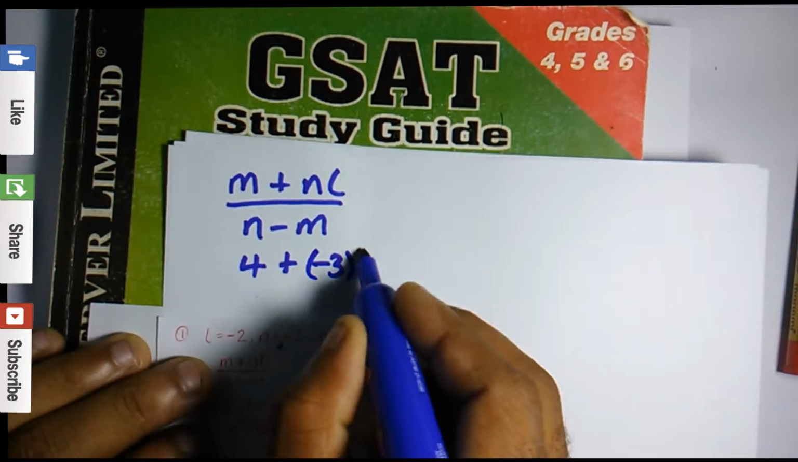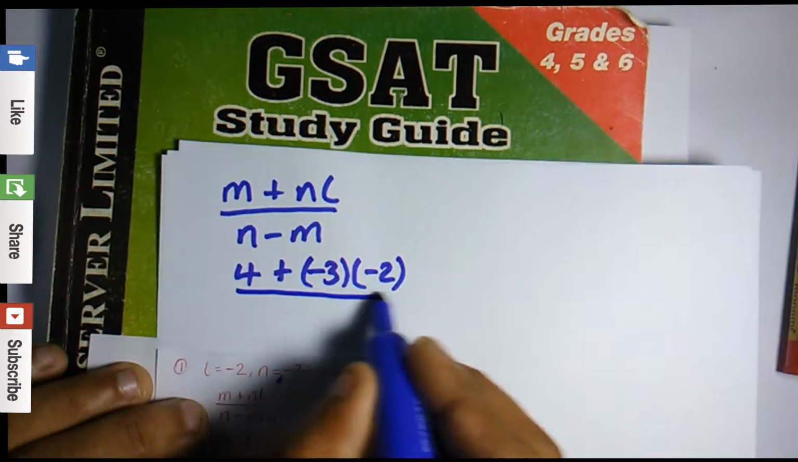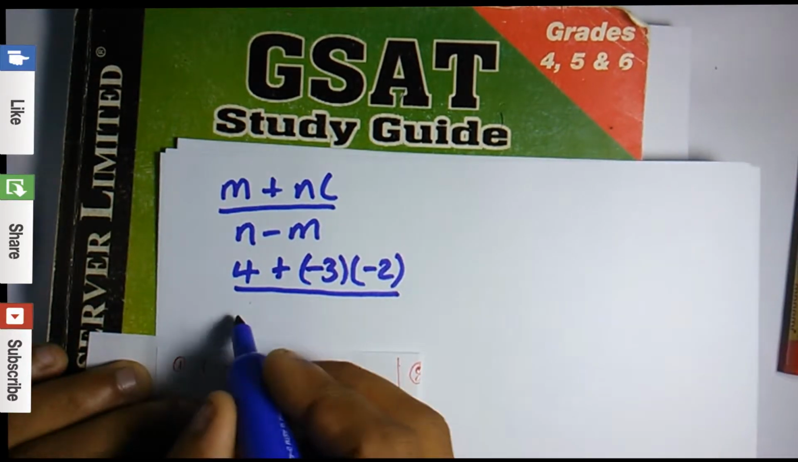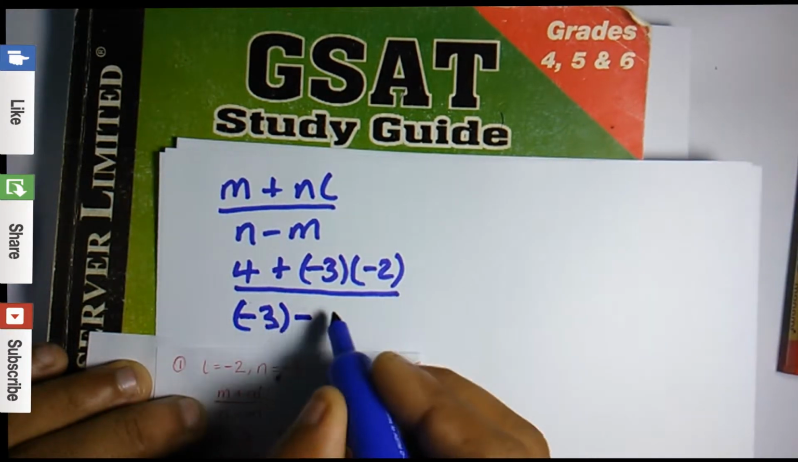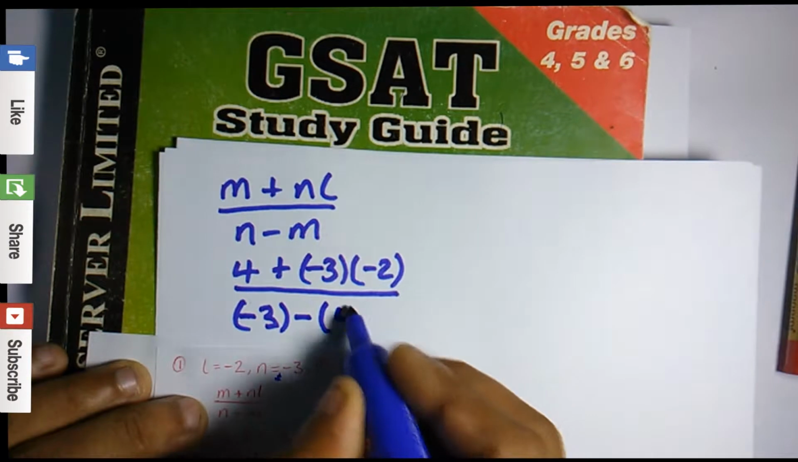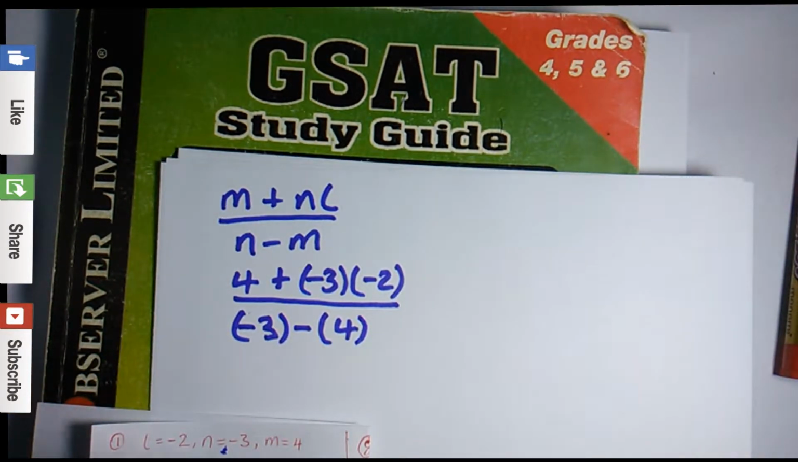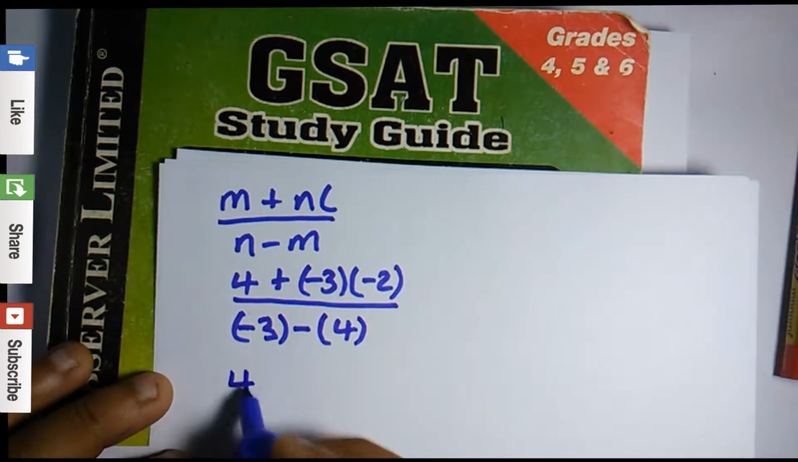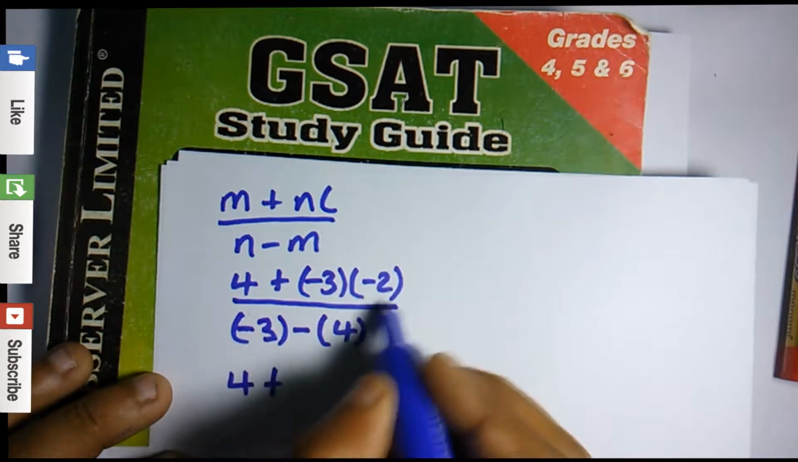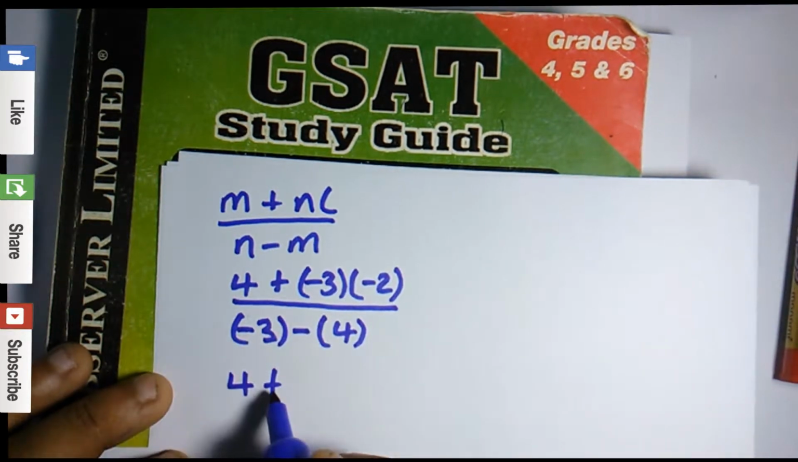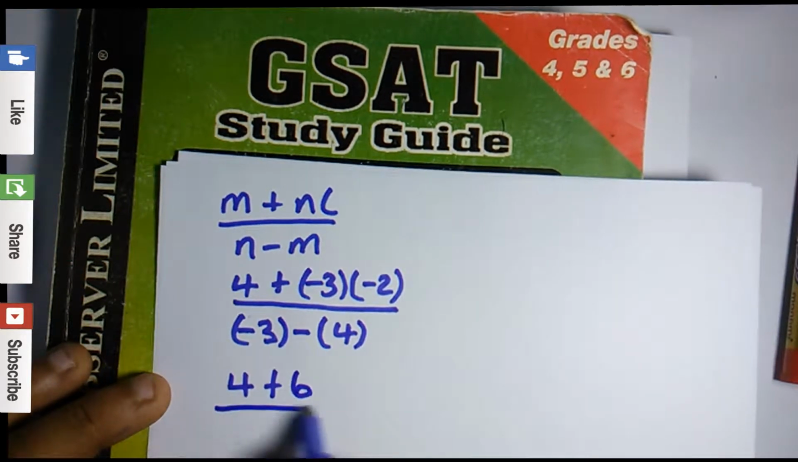-3 multiplied by -2, all over N, which is -3, minus M, which is 4. Now we're going to do the top section first. So 4 plus negative 3 times negative 2. Remember these two in brackets, we're going to multiply them. Negative times negative is positive, and 3 times 2 is 6, all over